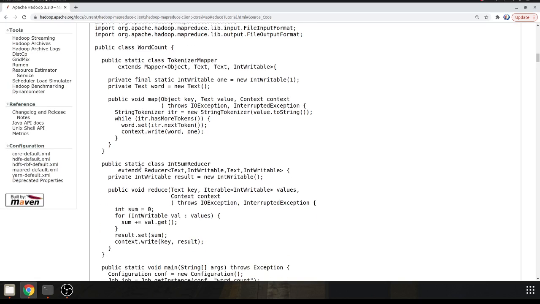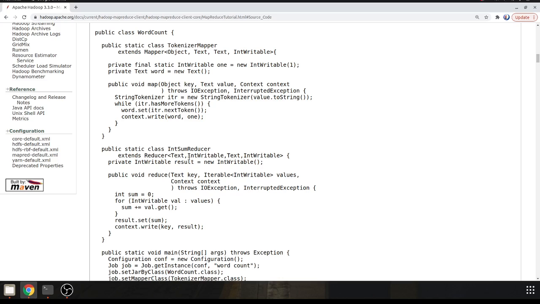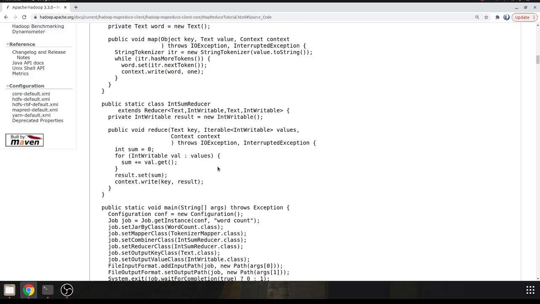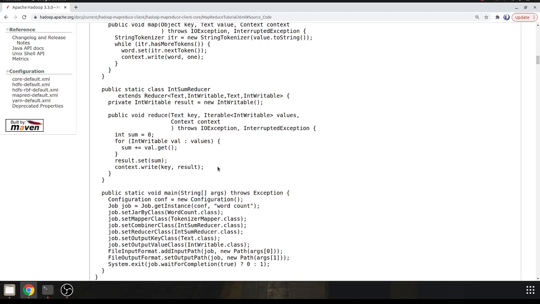In the next public class, that is the reducer, it is just the implementation of the Reducer class. By this method we just sum up the values, which are the occurrences of every key, and count it in the counter. In the main method, it will specify various facets of the job, such as input output paths